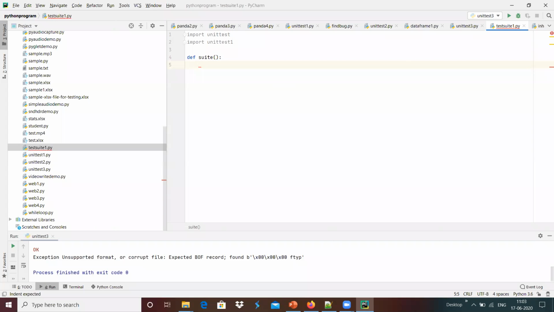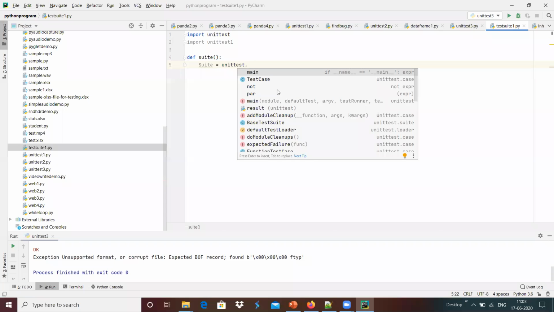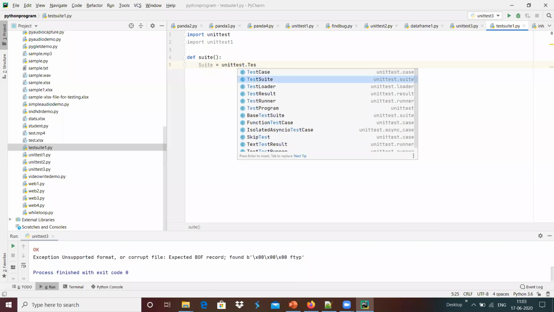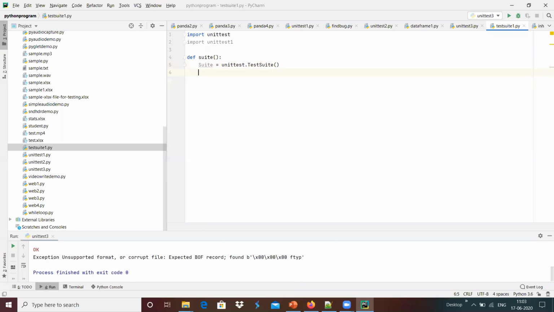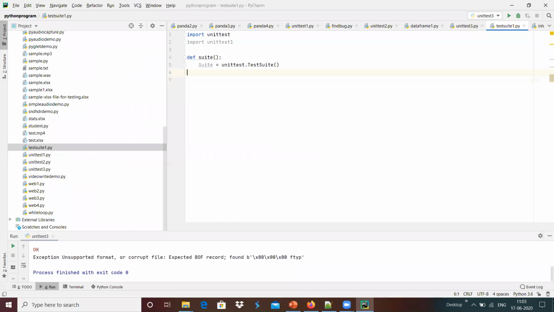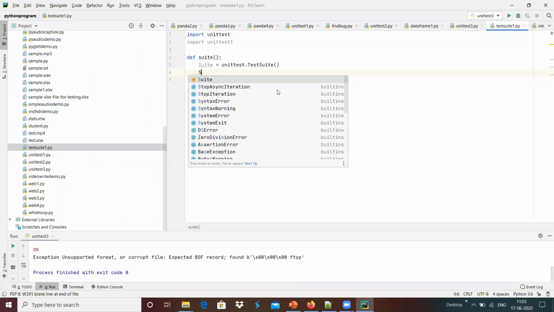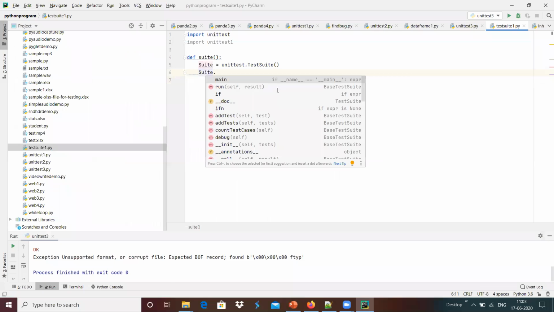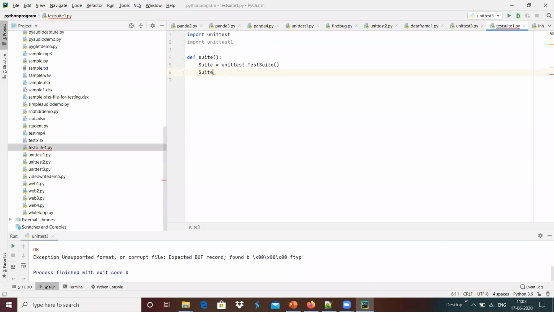Inside that, I'm going to create suite equals unittest dot TestSuite. Once it is created, I'm going to use suite dot addTest, that we can do with addTest over here.